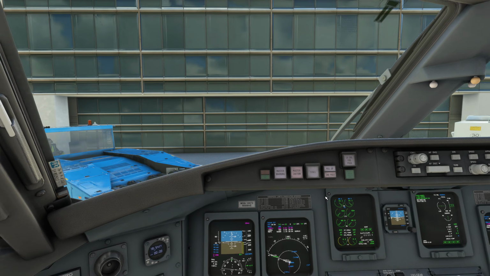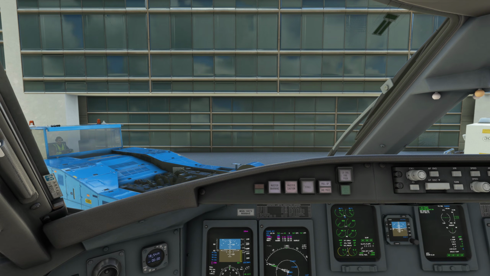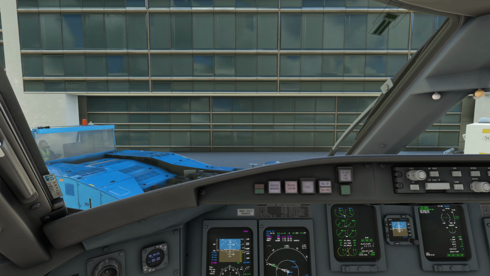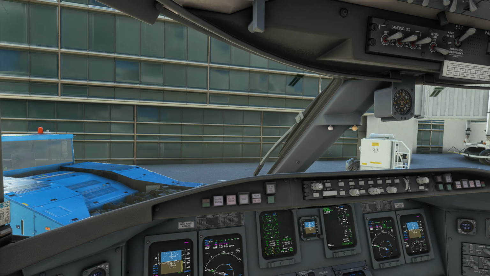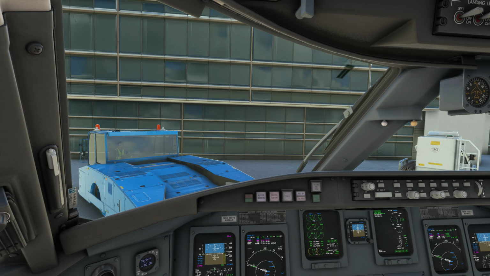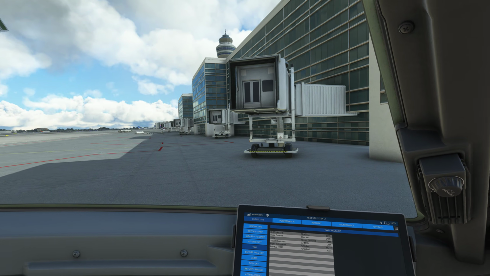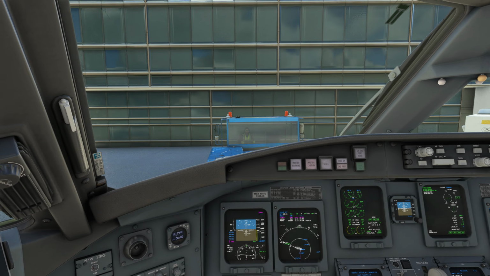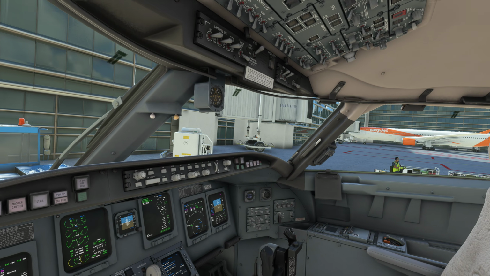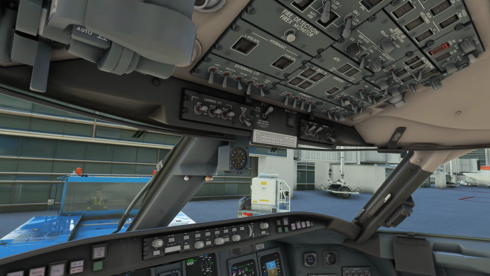Let's get moving. So I'm gonna get my feet on the pedals here. And let's call for push. Miami Airport is not this ugly. I should probably update this at some point, but not quite yet, I guess. So,